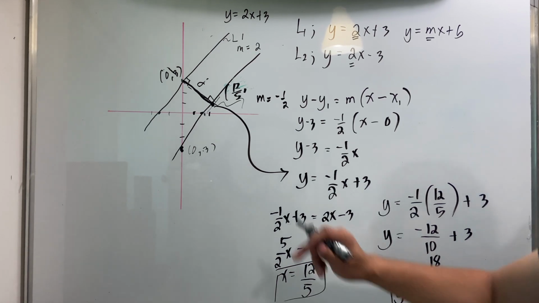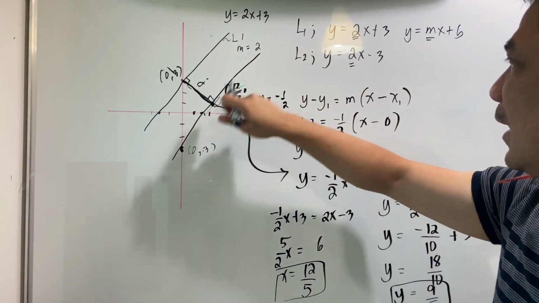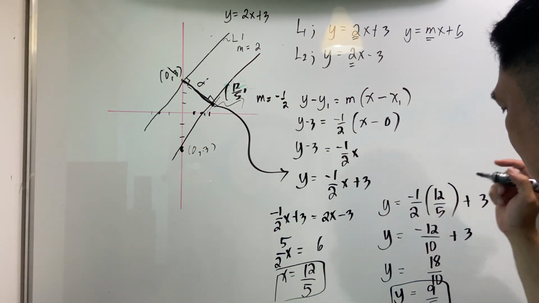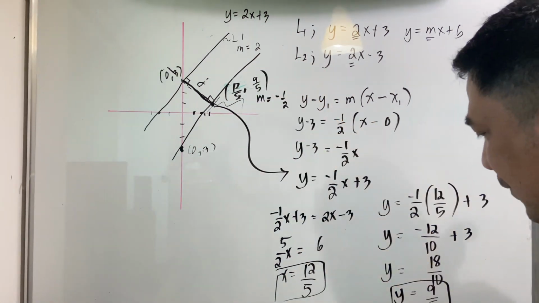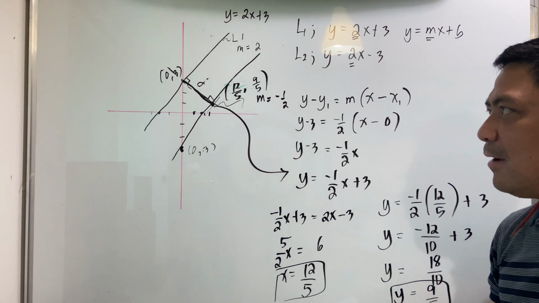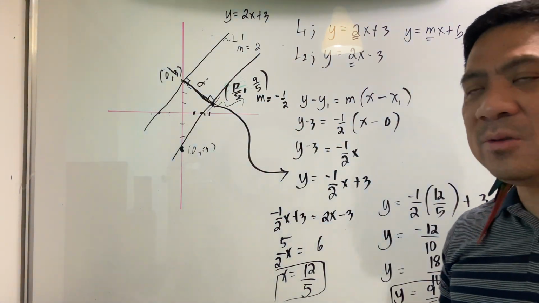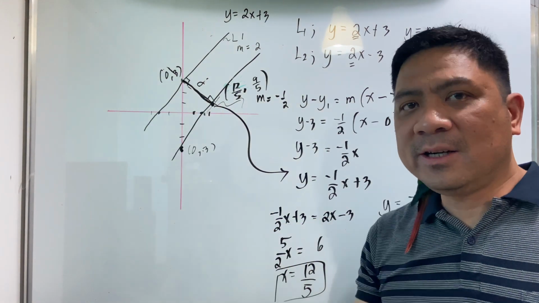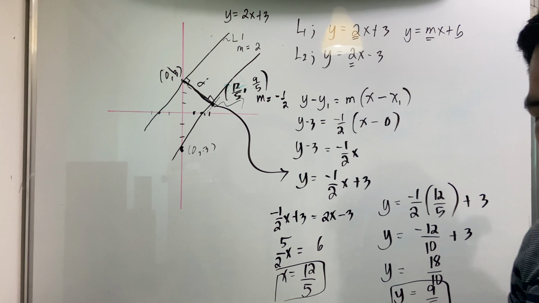So in other words, this line will intersect our second line at 12 over 5 and 9 over 5. Okay, so we already have established 2 points. So it's easier for us now to compute the distance, because we've learned that the distance between these 2 points, we can use our formula, which is,